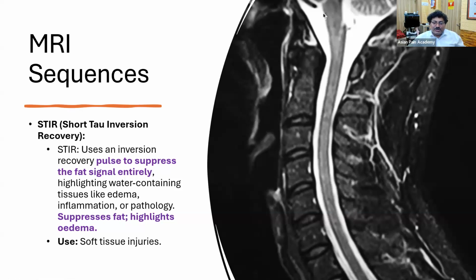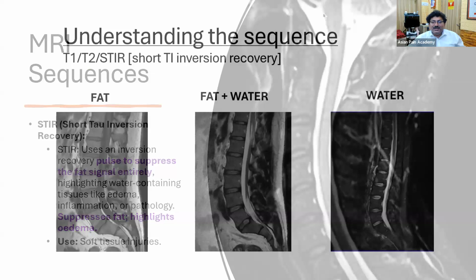So STIR is good as it suppresses fat and highlights edema. It is important for seeing soft tissue acute injuries. Remember, in chronic injury the picture might change, but in acute injury